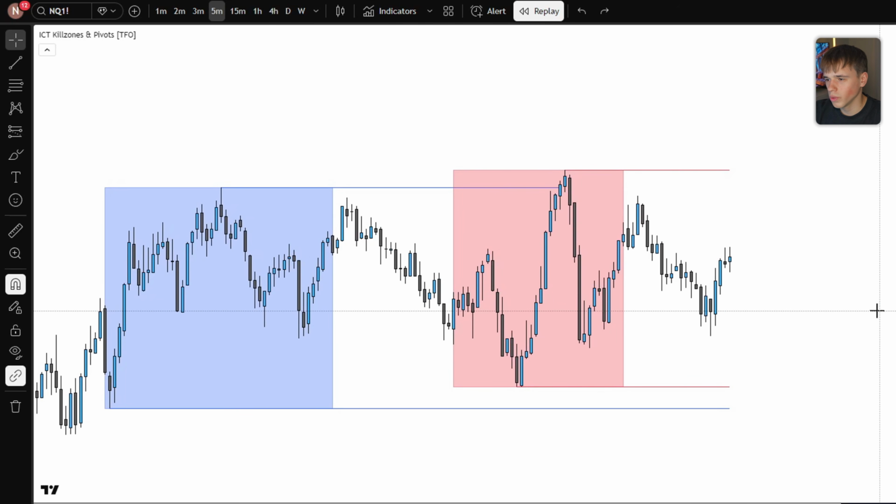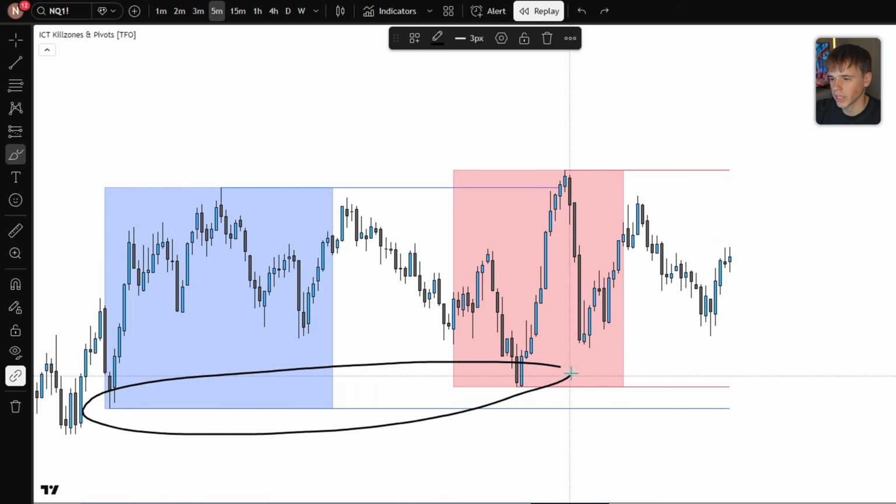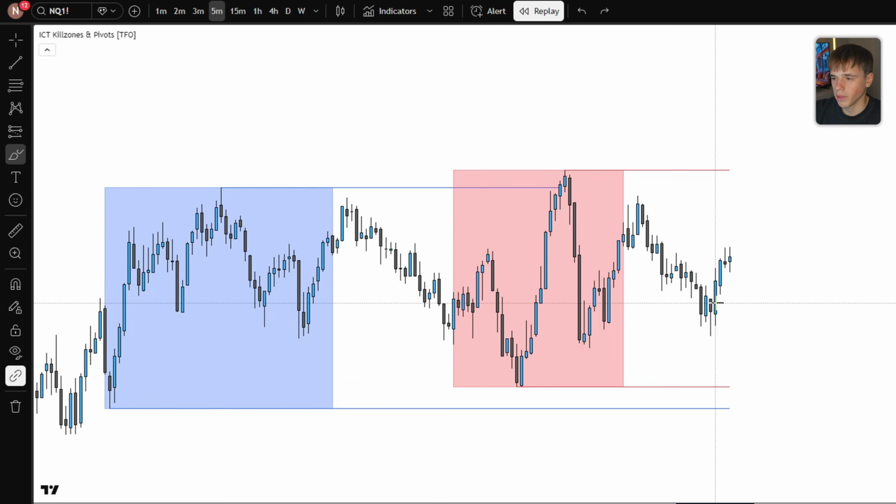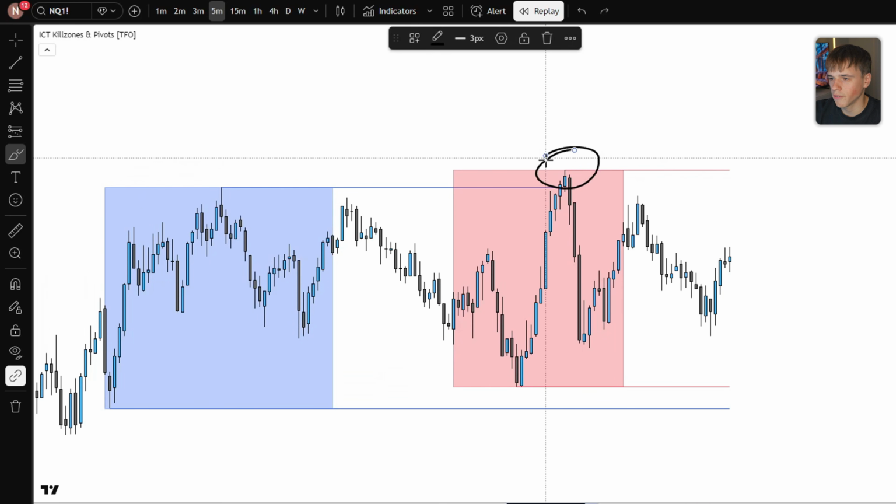So right now all we have to do is just wait for the next sweep, so still not execute anything, because if we get the sweep of the downside right here, we are going to target the upside, because then we have only liquidity left right here. But the better outcome and the better thing is if we sweep the upside first, which is going to be